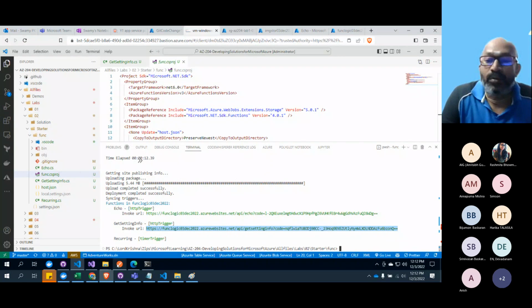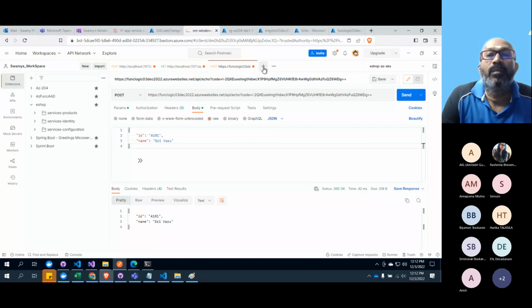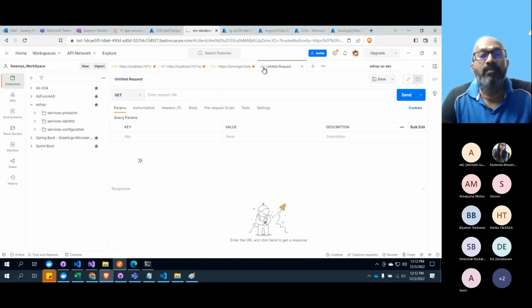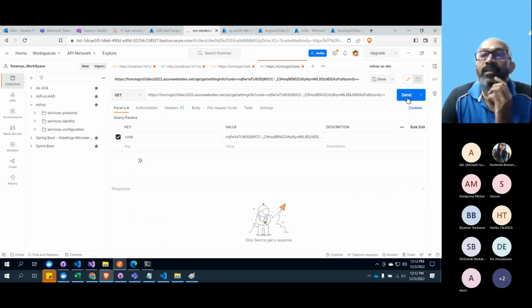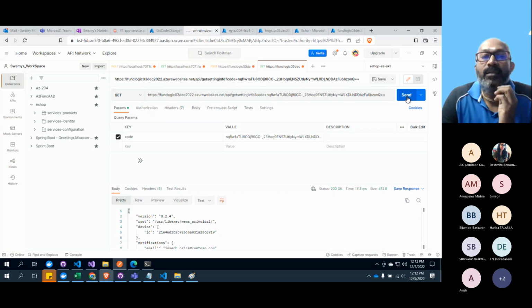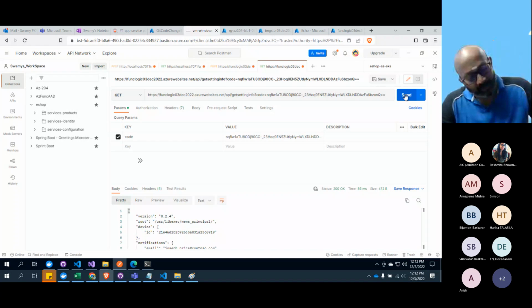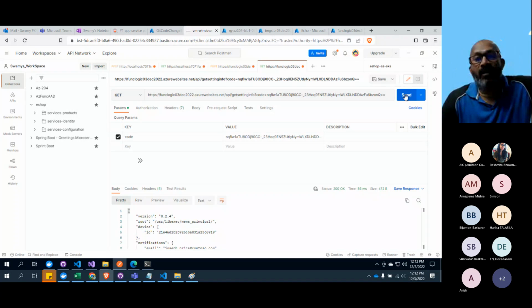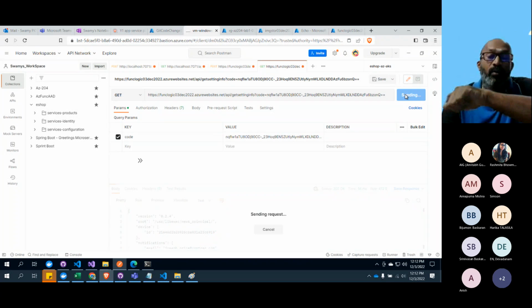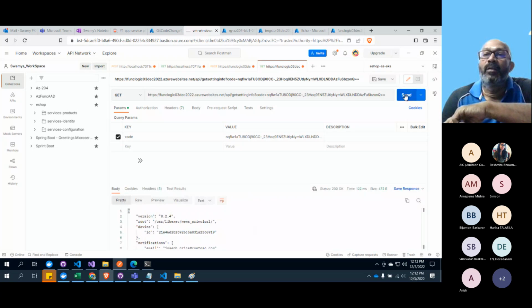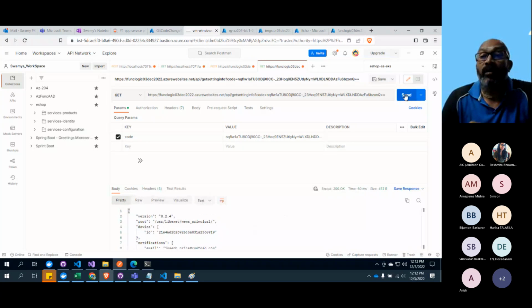And then let's go to Postman. And click on that. Let's click this multiple times. Because now what is happening is there is an integration between the function app and the storage account. Now, when we go to that application map, that should show that there is a linkage between these.